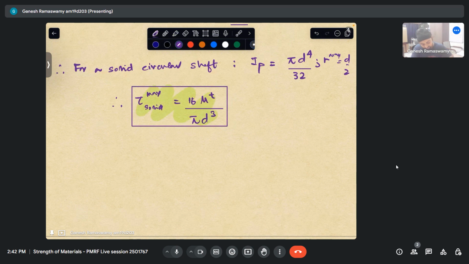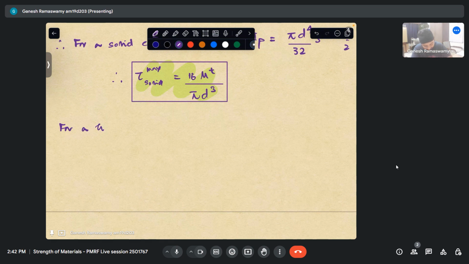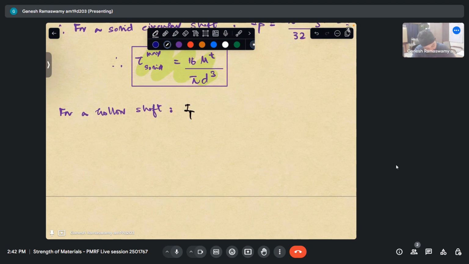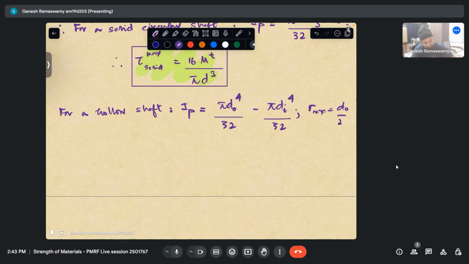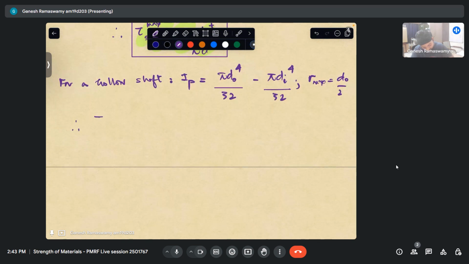Now coming to a hollow shaft. Similar to area, we have to subtract out the polar moment of inertia also of the inner part, because there is no material inside, which gives us for a hollow shaft Ip is pi d outer power 4 by 32 minus pi d inner power 4 by 32, and R max is d outer by 2. So therefore, tau max is nothing but,